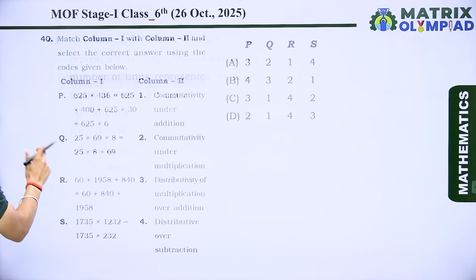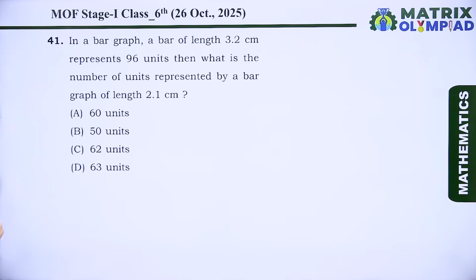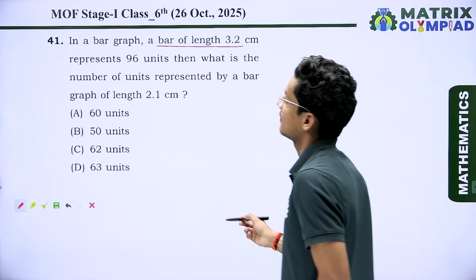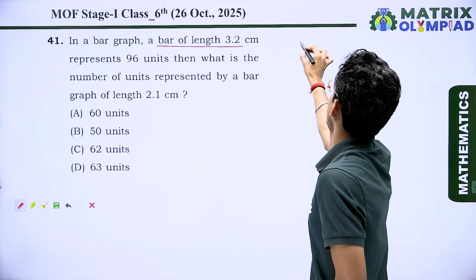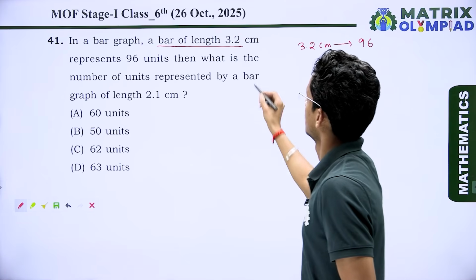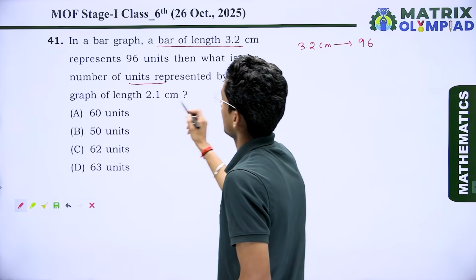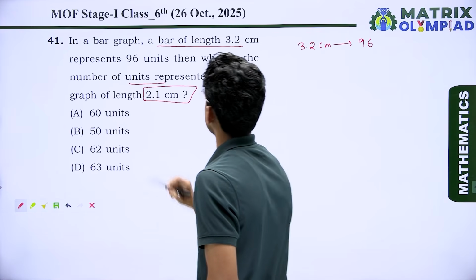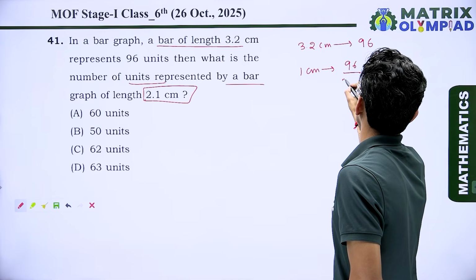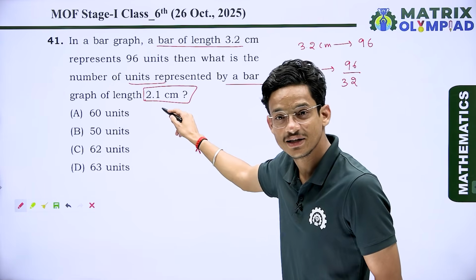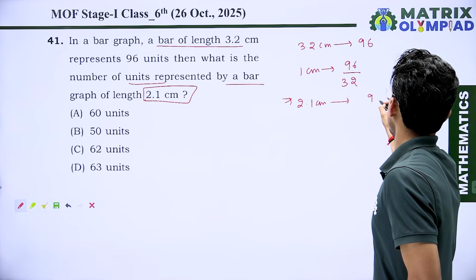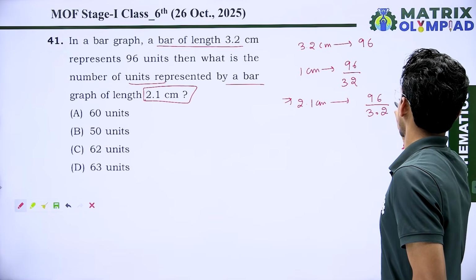So now if I talk about the next question, that is in a bar graph, the bar of length 3.2 centimeter represents 96 units. Then what is the number of units represented by a bar of length 2.1 centimeter? So first we know the value of 1 centimeter, that is 96 upon 3.2. Now we have to find the 2.1 centimeter. So for 2.1 centimeter I can write here 96 upon 3.2 multiplied by